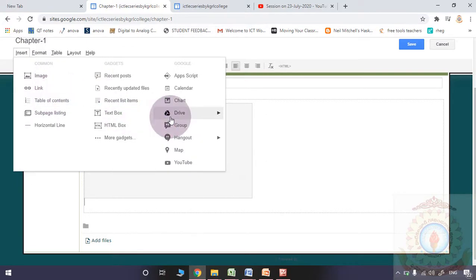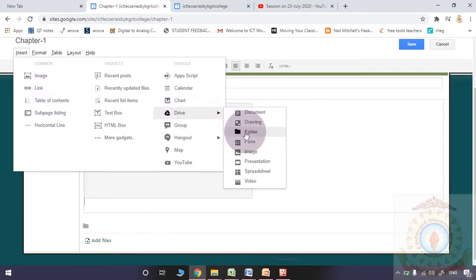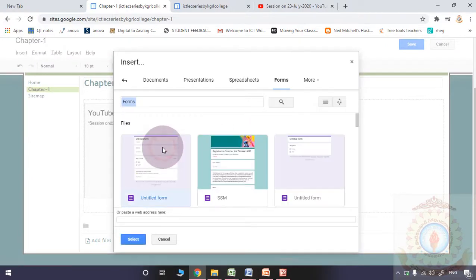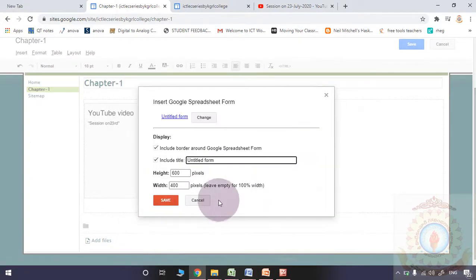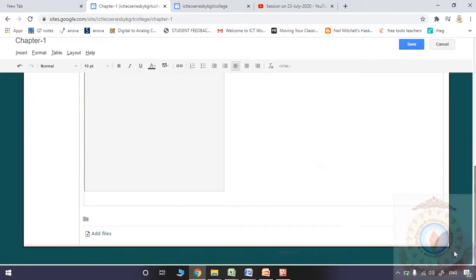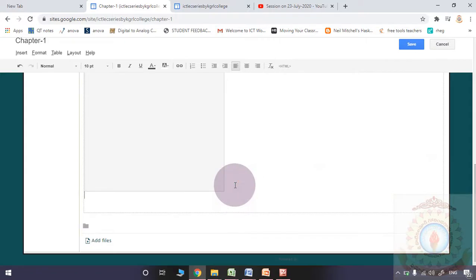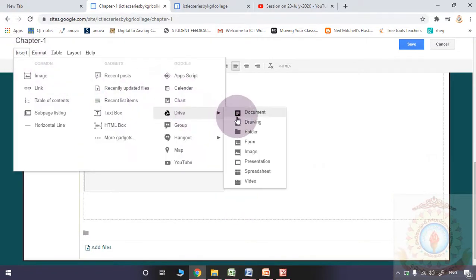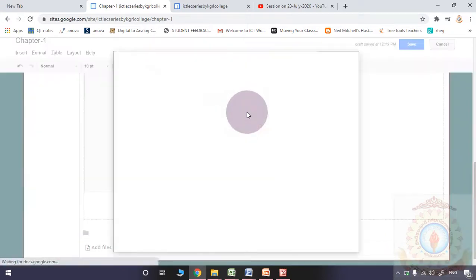Once again I am showing. I am going to the Google Drive. I am using the form. I am selecting this particular form. I am saving. So the spreadsheet is coming. Again below that spreadsheet, I may insert from my Google Drive any document.